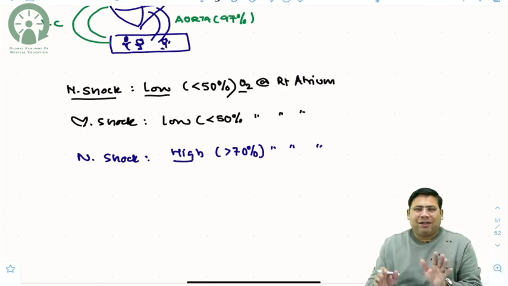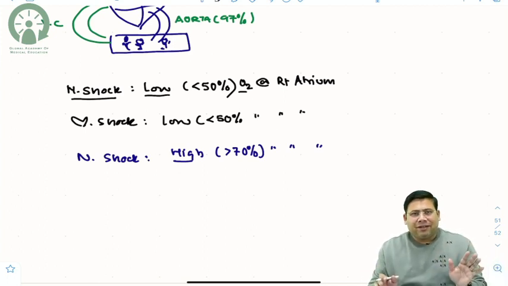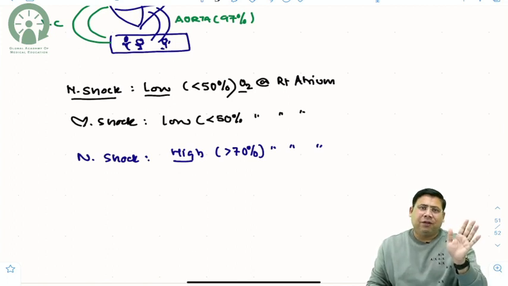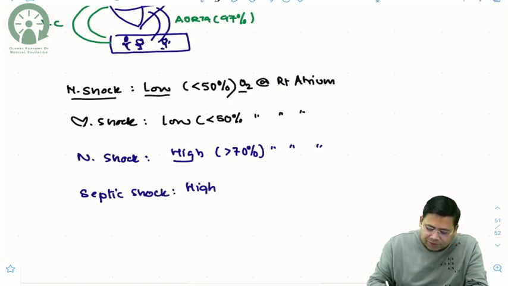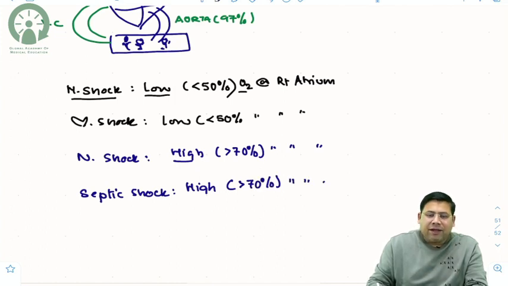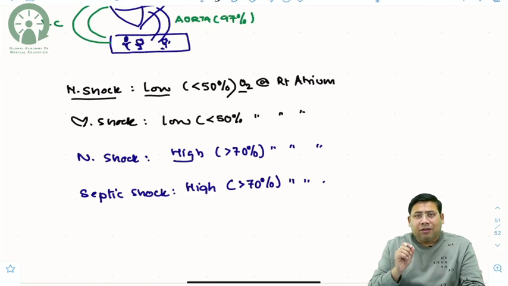No, bacteria doesn't need it. Bacteria doesn't need it, and thus the blood is returned unused. So in case of septic shock, remember again the underutilized blood is sent back, and therefore you get to see a higher than normal